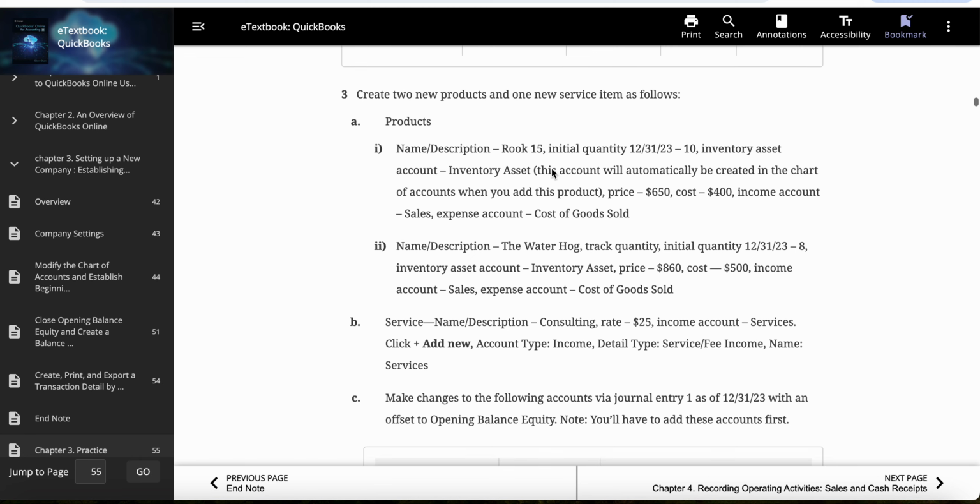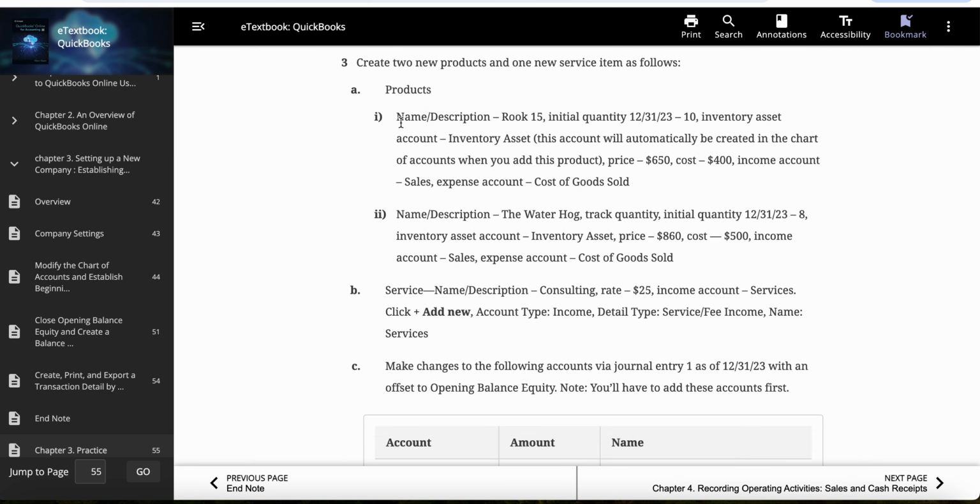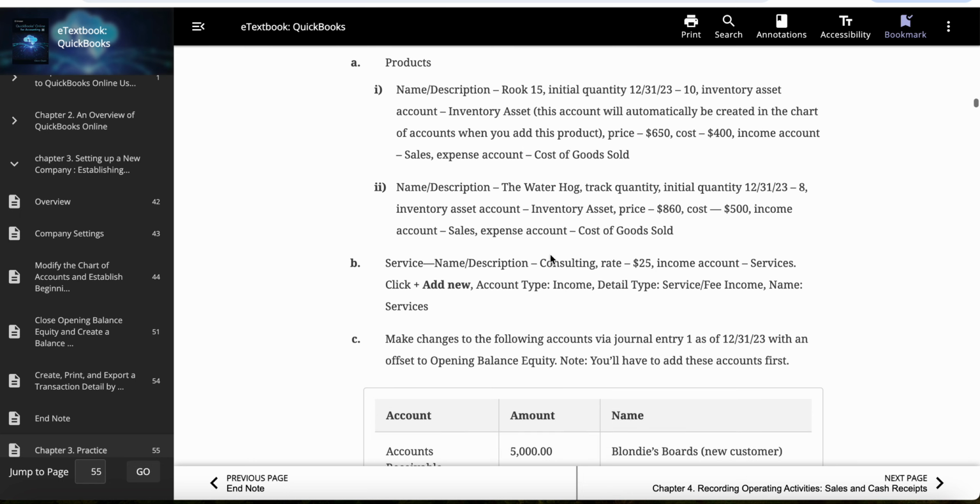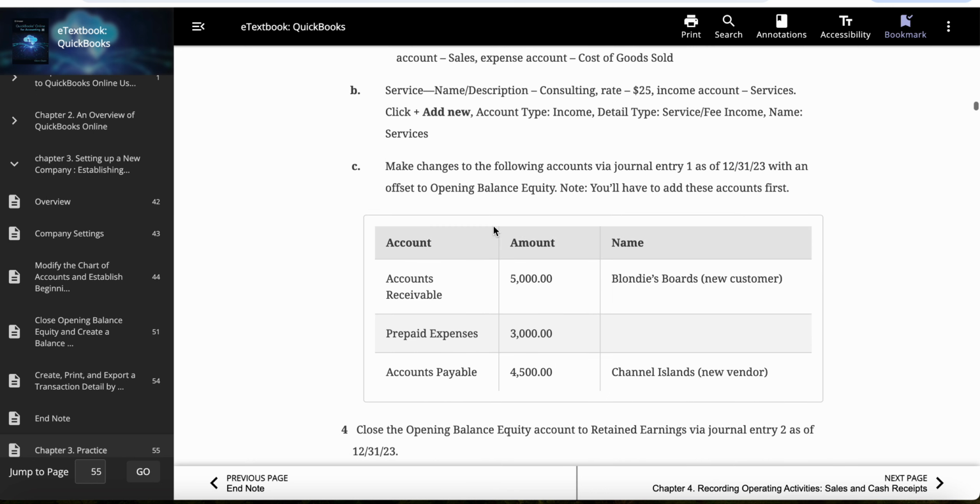For this case, we are required to create 2 new products and 1 new service item as follows. For the products, we have Rock 15 and the Water Hog. And then for the service, we'll be adding a consulting service,